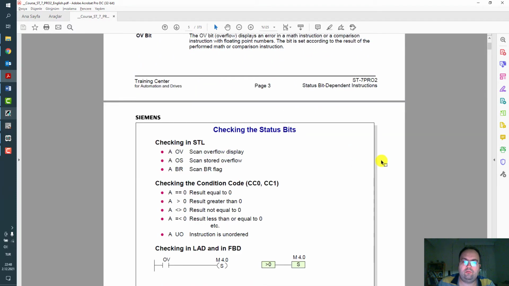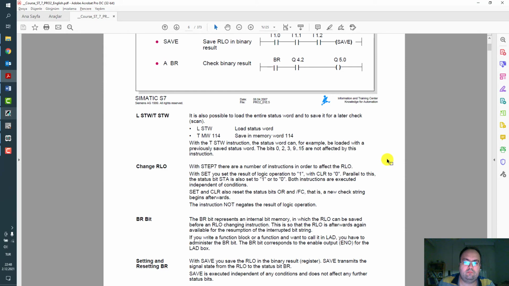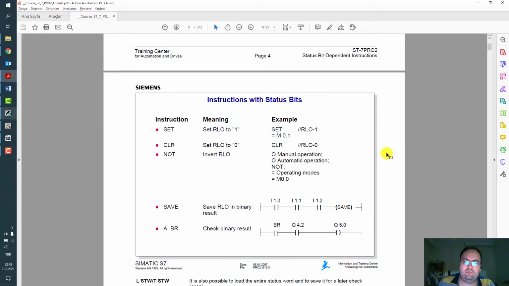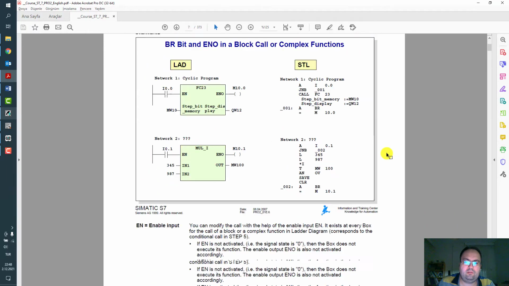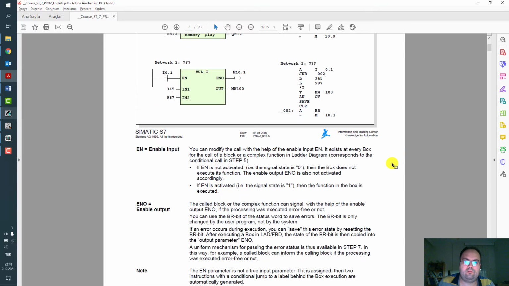And let's try to execute a multiply function for integer comments to see the overflow.